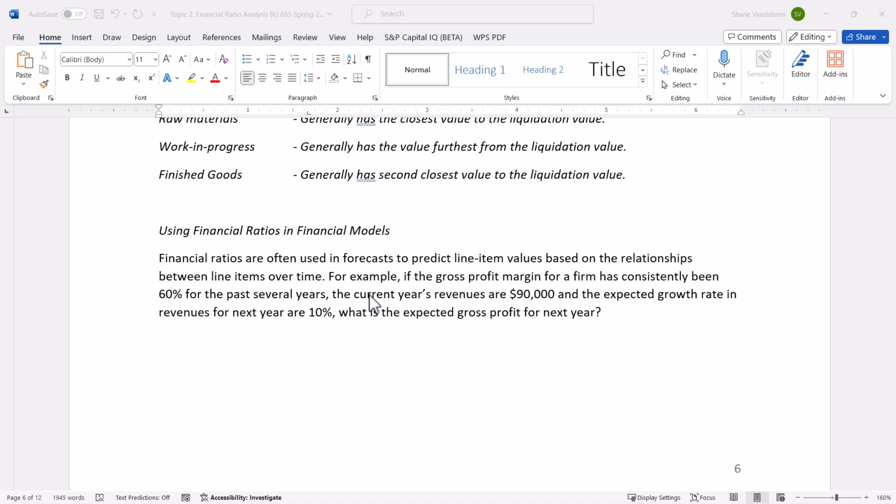So financial ratios are often used in forecasts to predict line item values based on the relationships between line items over time. For example, if the gross profit margin that we talked about in the previous video for our firm has consistently been 60% for the past several years, the current year's revenues are $90,000 and the expected growth rate in revenues for the next year is 10%, what is the expected gross profit for the next year? We can calculate this based on the information that we have here. We have the previous year's revenues and we have an expected growth rate of 10%, and so we would expect next year's revenues